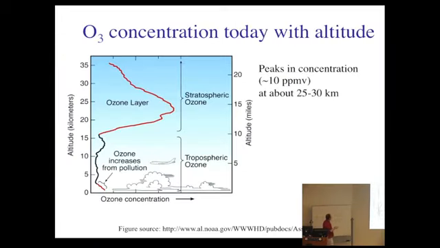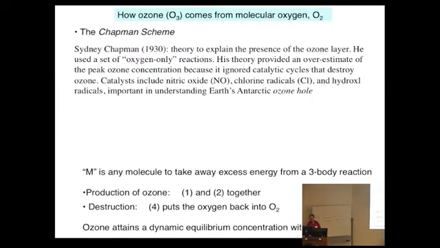Here's today's ozone layer, which peaks at about 25 kilometers, at 10 parts per million, as I mentioned earlier. And we've known how it works for a long time. I'm coming to why this is important in a minute for detecting certain things on exoplanets. But we have to know that this comes from chemistry, which is basically photolyzing oxygen and that combining to make ozone, and then the ozone does its business in protecting us from UV,